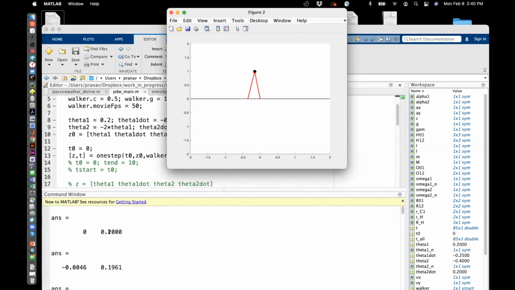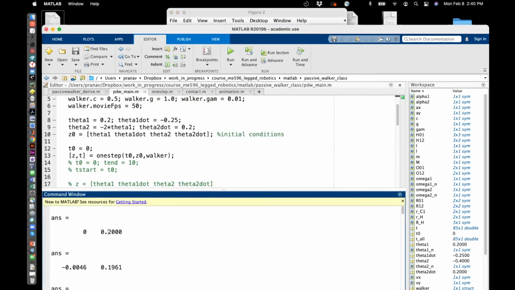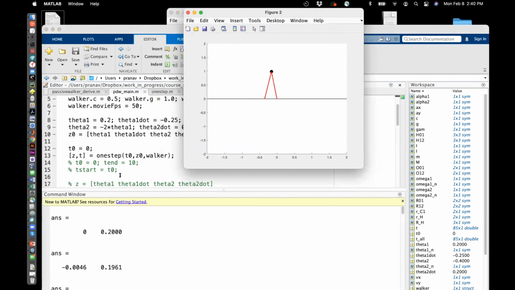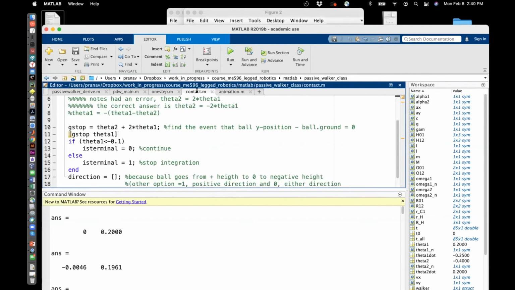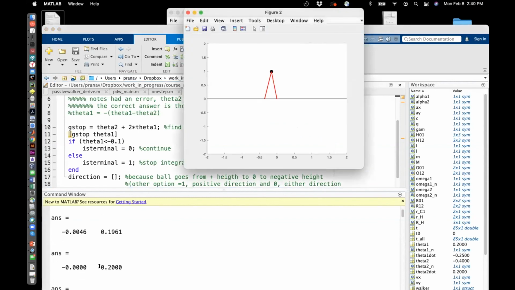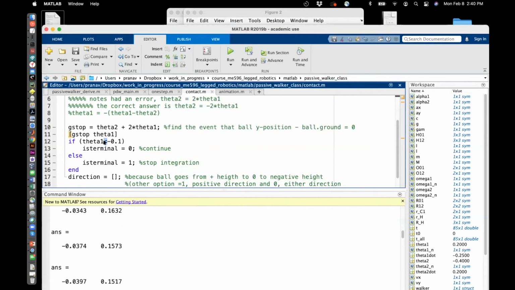Here the angle is 0.2. This is wherever this function is called: first is g stop, second is theta 1. Theta 1 is 0.2, so it's there. Now if you look at this condition here, contact, you see that it is actually less than 0.1, and so it actually stopped there. It took a few steps before it stopped, but essentially it stopped. Now if you change this to greater than minus 0.1 and run this again,